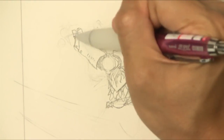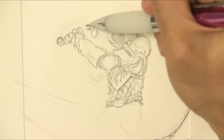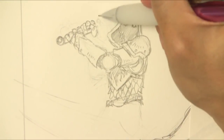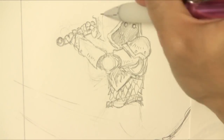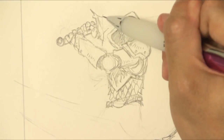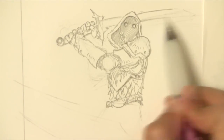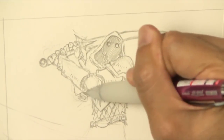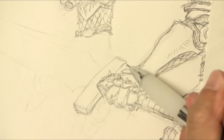Now I'm working on those two fists that were grabbing the sword, and I'm not worried at all because I solved it in the last stage, and now I can just worry about the details of the sword. I looked up a lot of swords from Final Fantasy just to get inspired and to get some ideas for different swords. So this guy is going to have a saber, a light weapon. It's fast. And that's going to contrast with the guy in front of us, who is going to be wielding more of your typical Final Fantasy